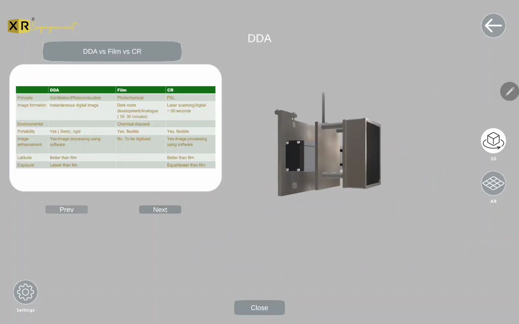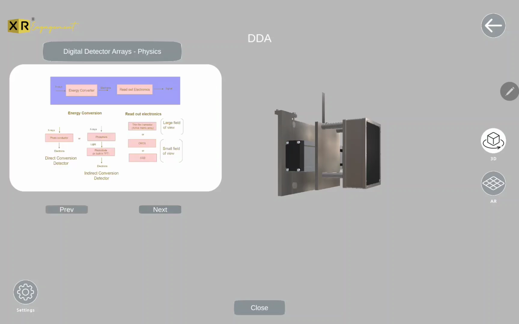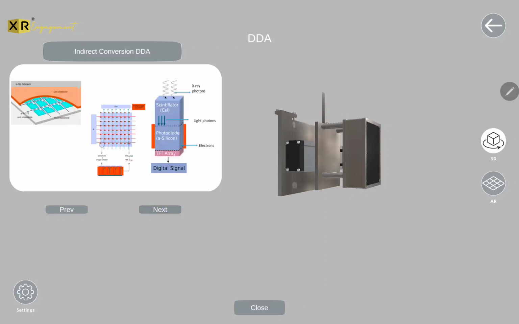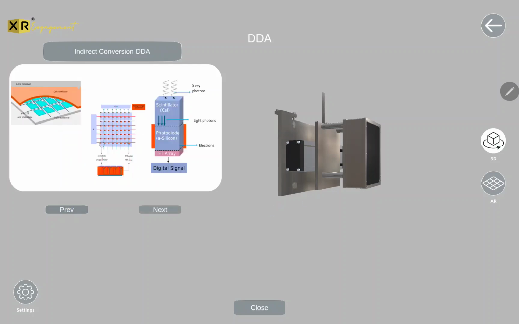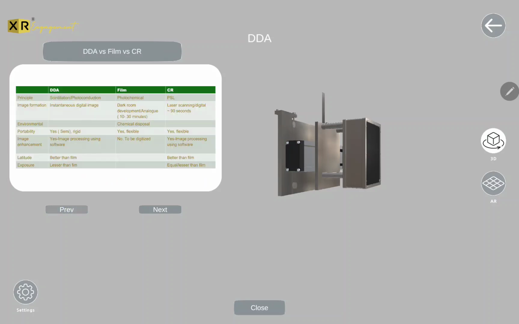A digital detector array, DDA, consists of a grid of pixel-based sensors that directly convert incoming X-rays into digital signals. In DR, DDAs capture 2D projection images with high resolution and low noise, enabling real-time image processing and reduced radiation dose. In CT, the array collects multiple cross-sectional data slices as the X-ray source rotates around the object, which are then reconstructed into detailed 3D images. Their fast response, high sensitivity, and compact form factor make DDAs essential for modern, efficient medical and industrial imaging.